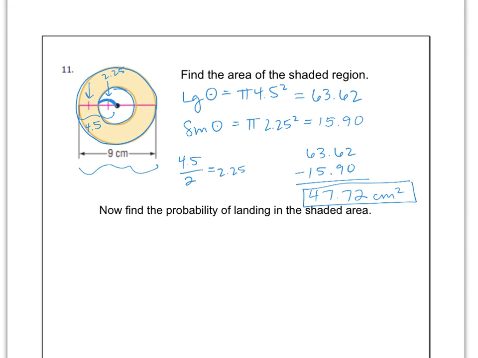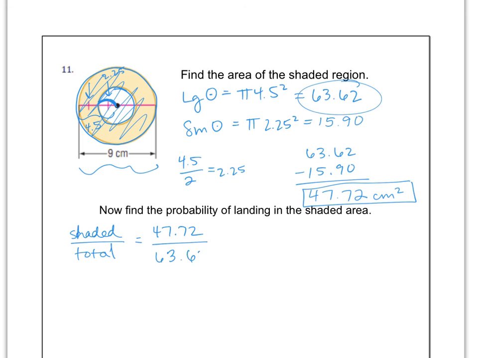Now it says find the probability of landing in the shaded area. So remember, the probability is going to be shaded area over total area. So our shaded area is 47.72. The total area inside of that big circle, wasn't that 63.62? Didn't we already find that? 63.62. So go ahead and divide 47.72 divided by 63.62, and I got